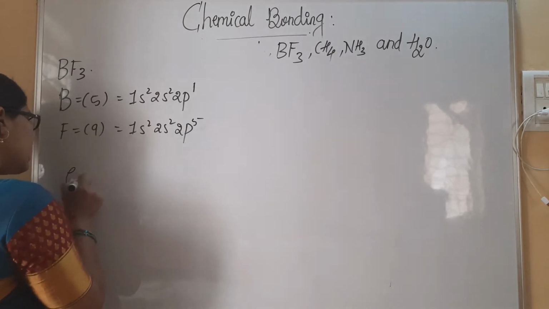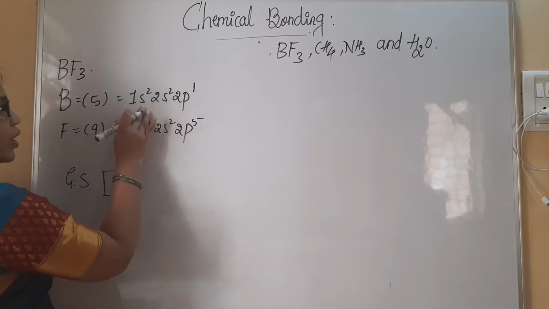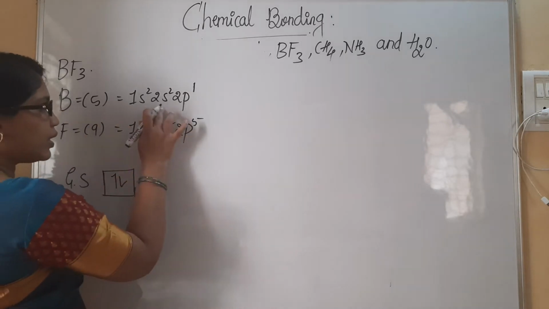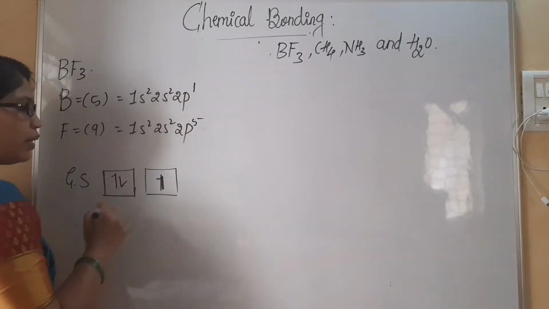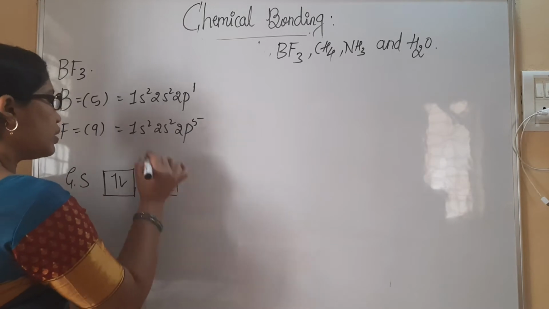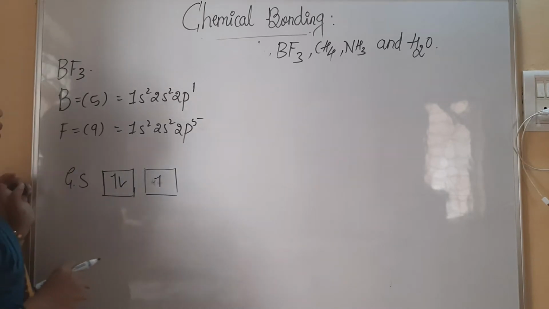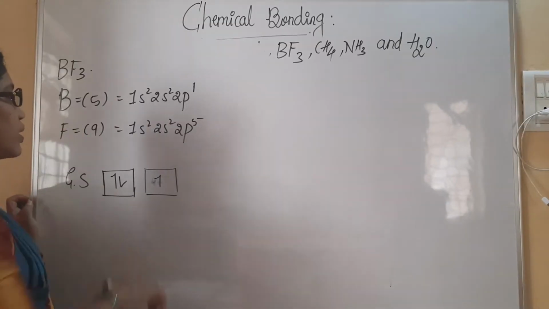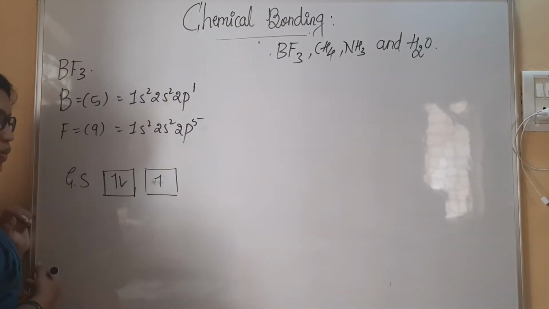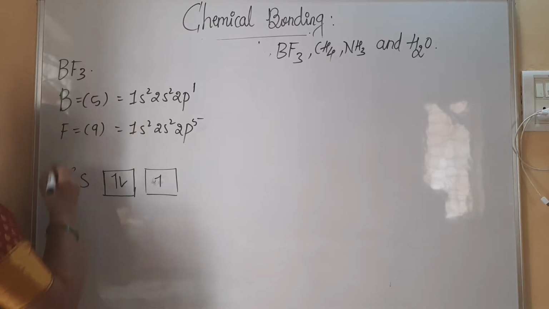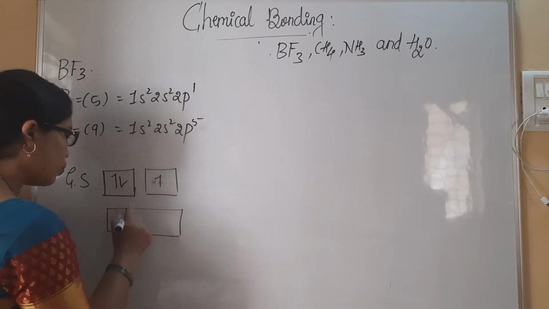So boron in its ground state, I have written here, it will be having electrons. 1s2 we are leaving as it is and we are considering 2s2 and we have 1 p electron. 1 p electron is present here. Then you can see here the p orbital of fluorine, right? When you consider fluorine, it requires 3 more electrons for the hybridization process. So what we have to consider now? F. Let us have p orbital 1, 2, 3.